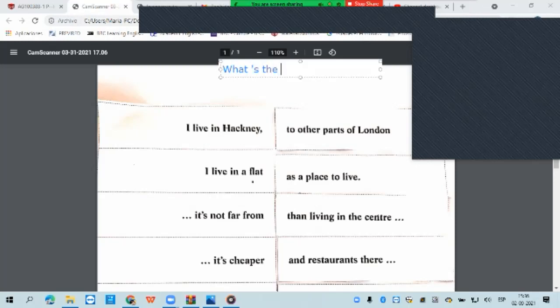What's the meaning of plenty? Plenty means a lot, and can be used with countable or uncountable. So you can say a lot, much, or many also. Both. Okay. Very good. Any other question?